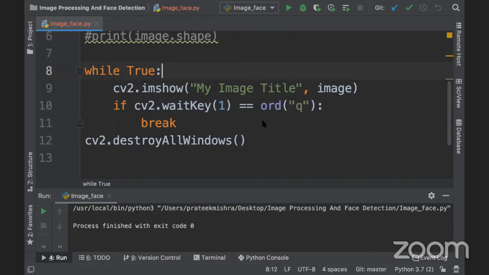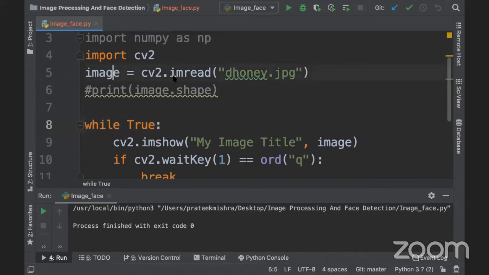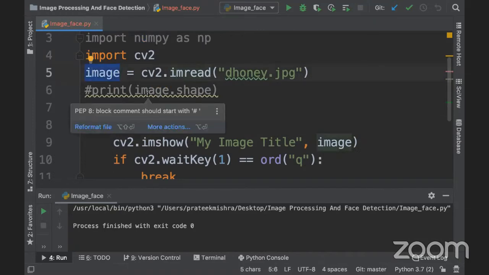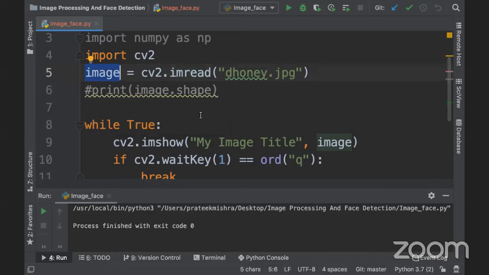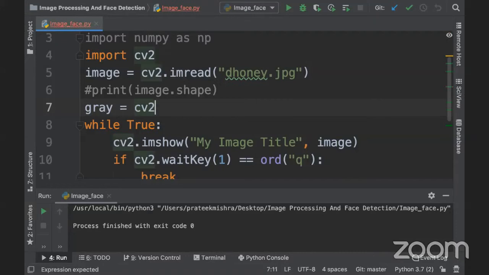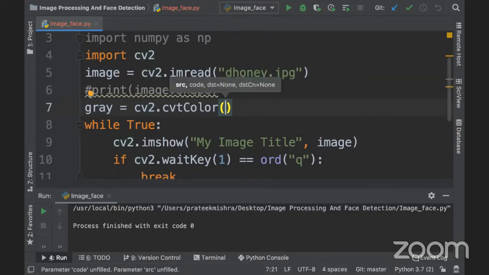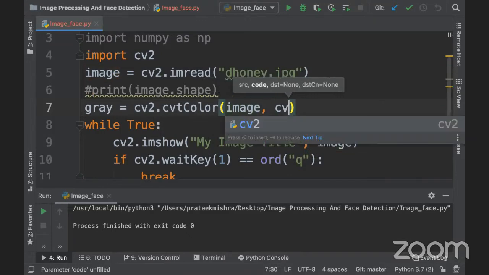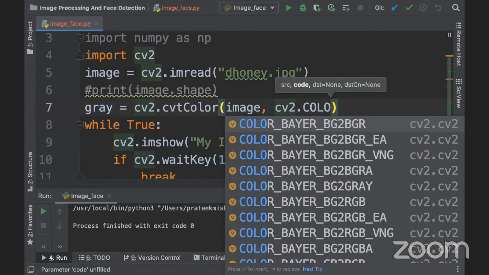Now, what I want next: if I want to convert the color of this image, how can we convert it? Let's see. If I want to change this image from a color image to grayscale, how can we convert it? So gray equals cv2.cvtColor. cvtColor is a function inside the cv2 library, meaning convert color. I want to convert the color of my image, and what color do I want? So I want cv2.color, and the color will be